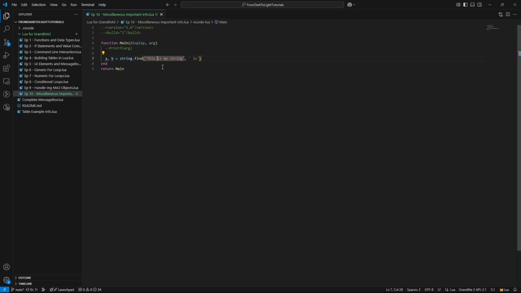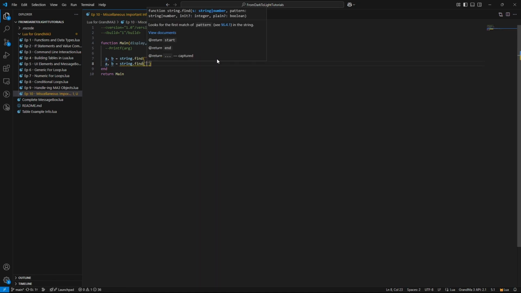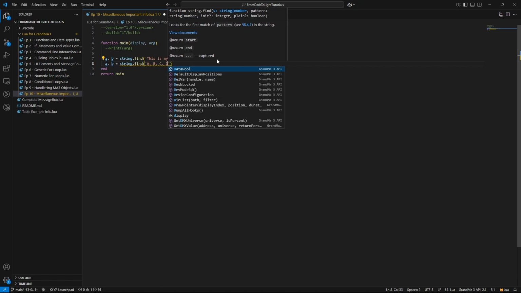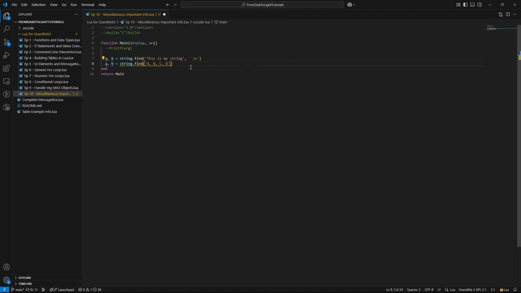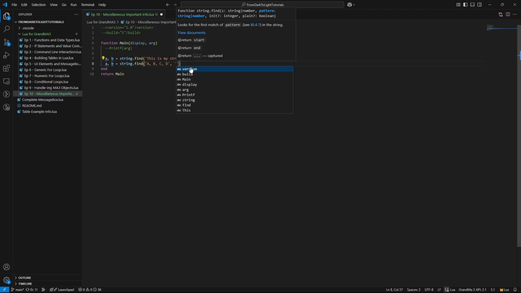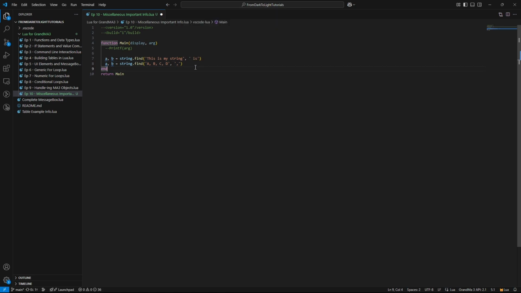Now let's say I have a string that says A, B, C, D, and I want to find out where all those commas are. I'll leave this here. I'll make a new one. We'll go A, B equals string.find, and I'll make a string that says A, B, C, D. And I want to find where all those commas are. So when I run this, actually, right, so do this and then I'll do a comma, because I just want to find the commas. And now when I run this, it will find the first one and then it will stop. That is not going to help me if I want to find where all of them are, is it?